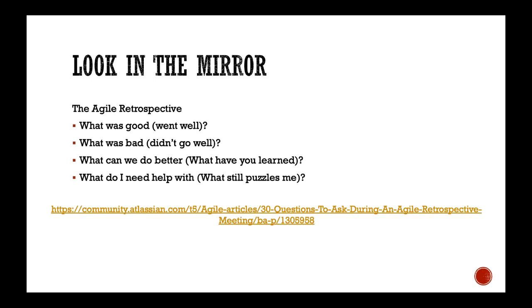The key here is that to do a good Agile retrospective, you probably need a couple hours of face-to-face time, and you need a team that you can trust. If the members of your team do not have trust, the Agile retrospective won't work. Why? Because the answers to these questions will simply be lies made up to protect your job or your position. But if there's trust there, you can actually talk honestly and openly about the process and the good things and the bad things and what needs to be changed and all these kinds of things. So you need a good team that actually has openness and trust among it.